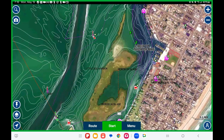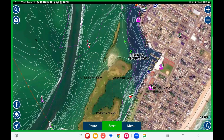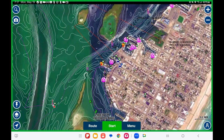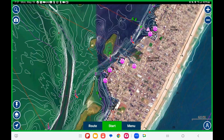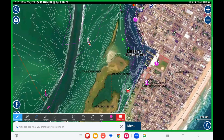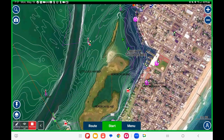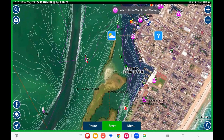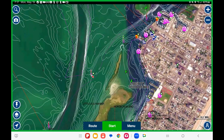You can definitely travel. The traveling path is definitely the Intracoastal Waterway up through. You can definitely, obviously, see where the travel path is, right? So you have the buoys. All right, here is the traveling path, right? But depending upon where you're trying to go, if we're going down to these various marinas down here, we have Little Egg Harbor Yacht Club, we have the Beach Haven Yacht Club, and then there is a marina down here